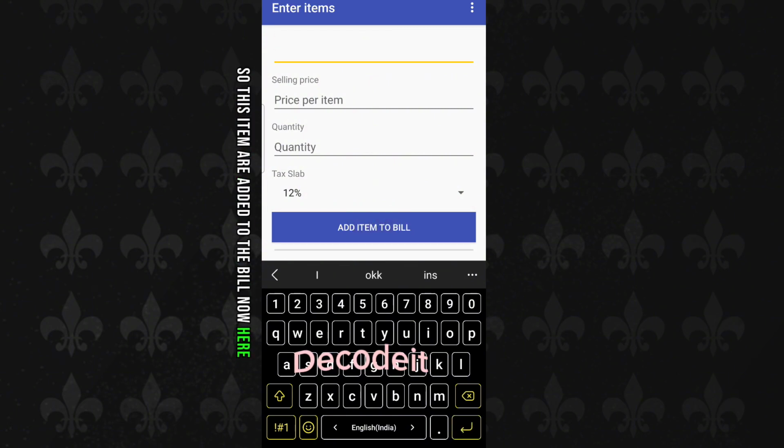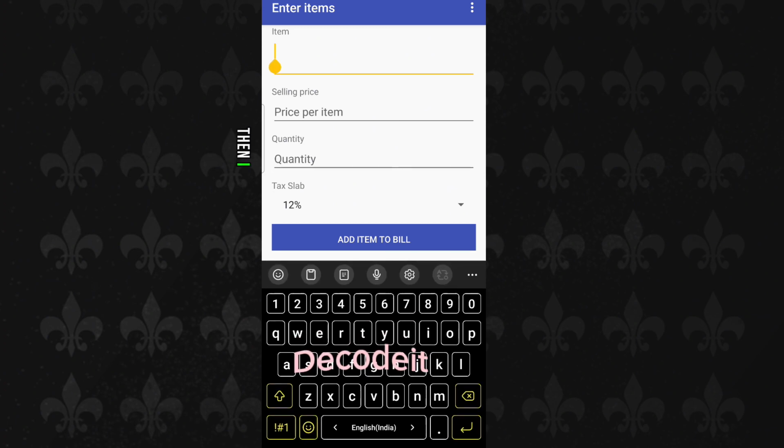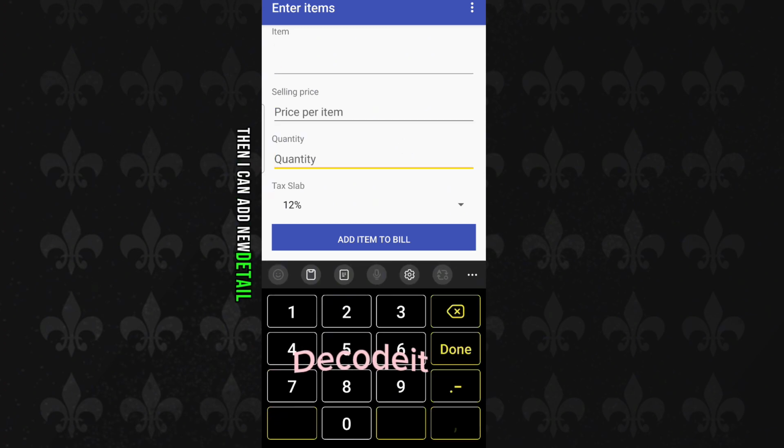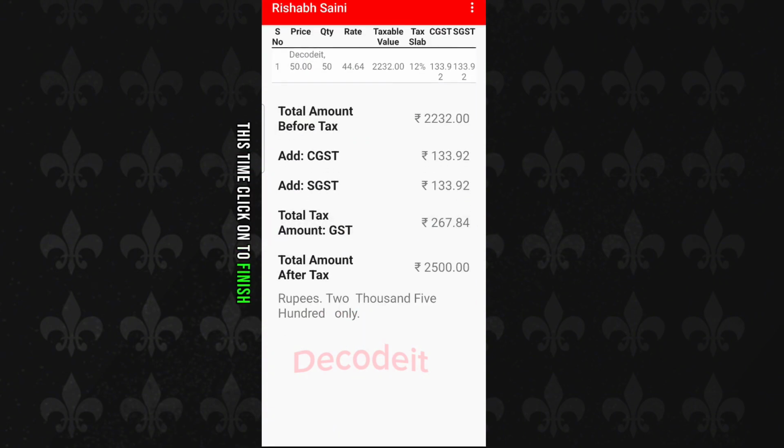Now if I want to add another item to the bill, I can add a new detail. But if I don't have any new item, then I click on finish. Now it will generate a bill that we have to share with the customer.